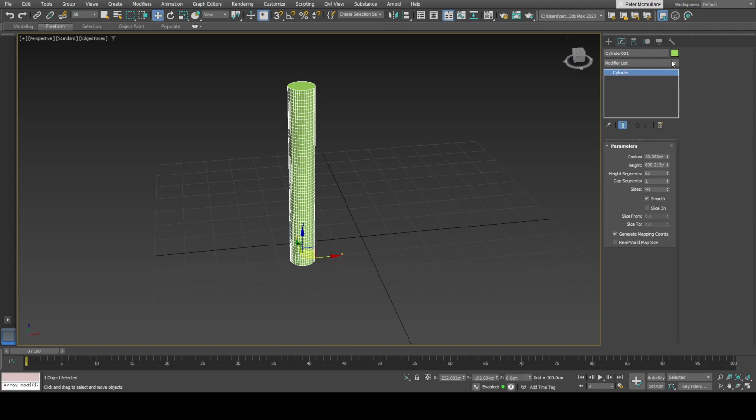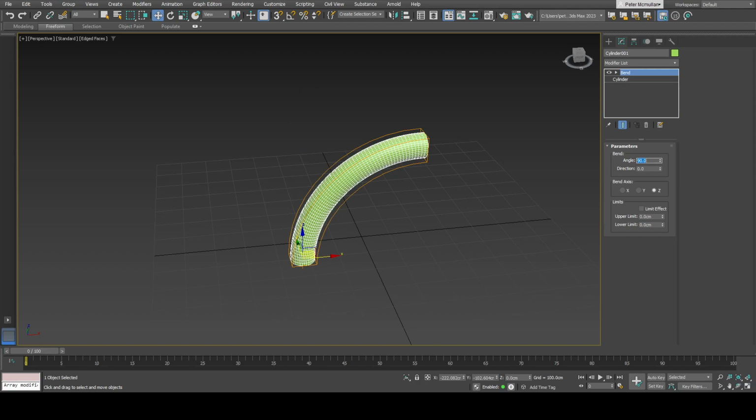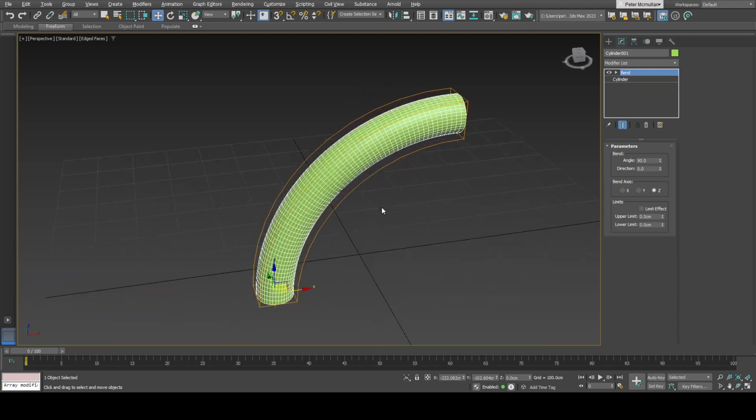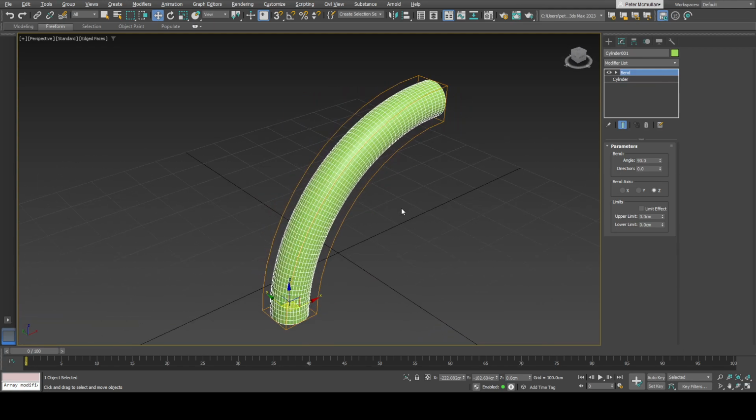So I'm going to put a bend modifier on this. Okay. And I'll just put in 90 degrees. Okay, so let's see how we can change this to make it a little bit more configurable to what you might want